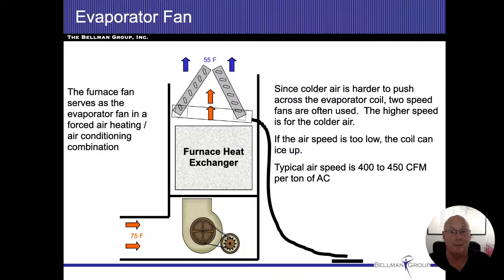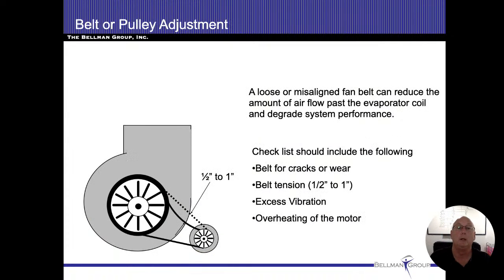But typically on this slide, what I want you to understand is that the blower fan for the furnace is going to be the evaporator fan, or what circulates the air through the house. Older fans are going to have a belt drive on them. I would encourage, well, first of all, if you run into a furnace that's that old with not a direct drive and it's a belt drive unit,